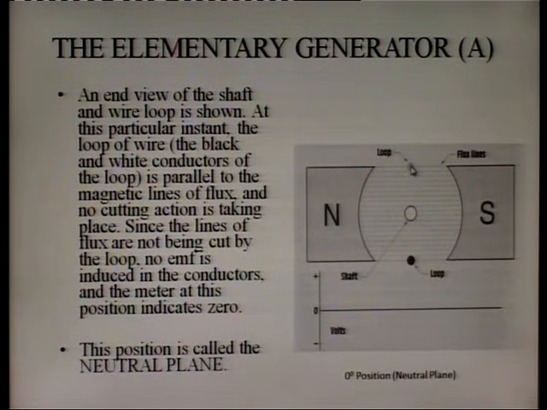At 0 degree angle, the elementary coil is parallel with the magnetic lines of force. So the flux cutting at this position will be 0. If flux cutting is 0, the EMF induced will also be 0. So at this position, when the angle is 0, the angle of